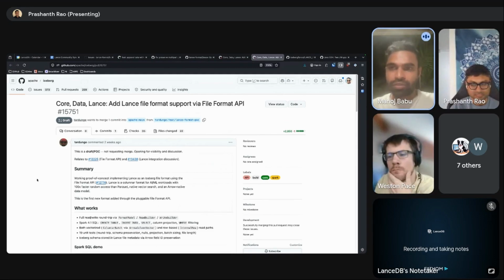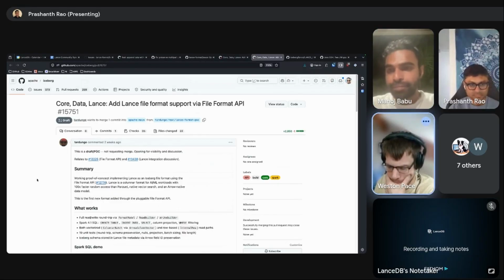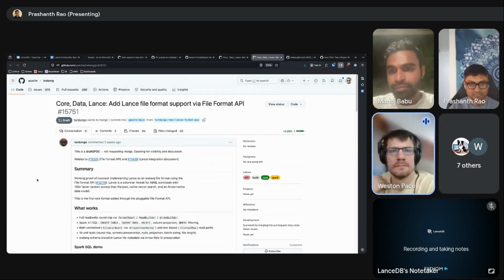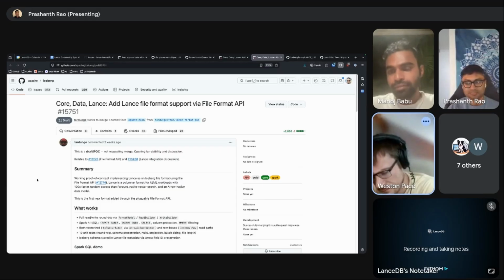So this is another question. So, yeah, for the first question, one proposal I've seen, or that was described to me, was that you could say a file, like if you wanted to make a Lance table readable by Iceberg, you